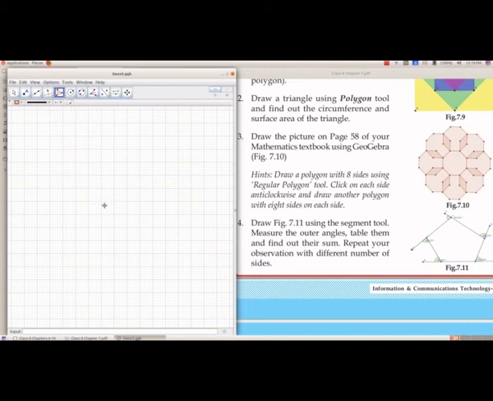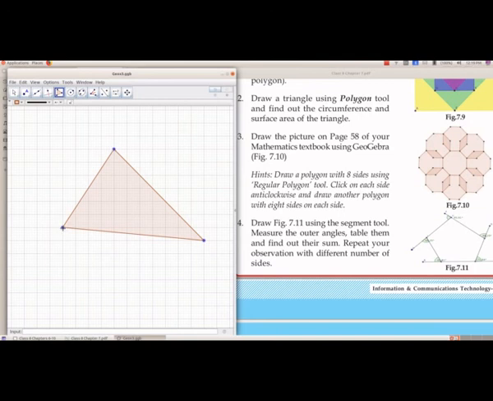And then we will plot the first point, then second point, third point, and again we will come to the first point.